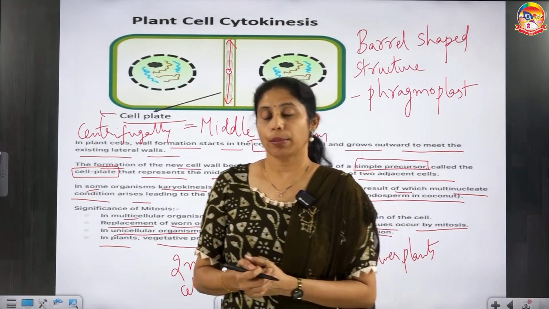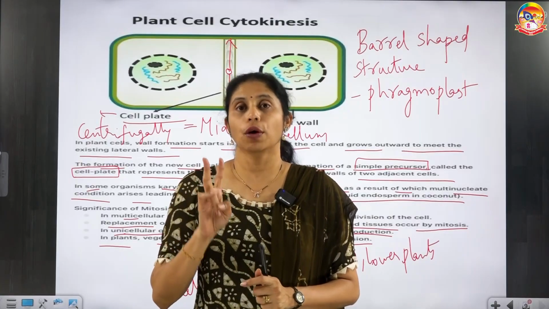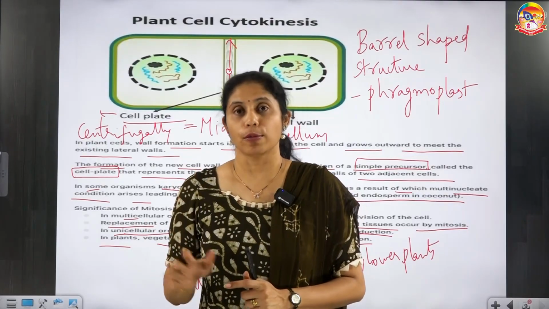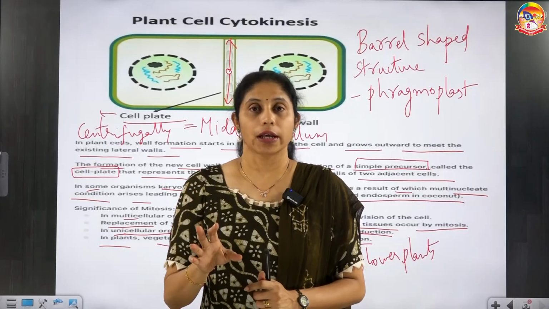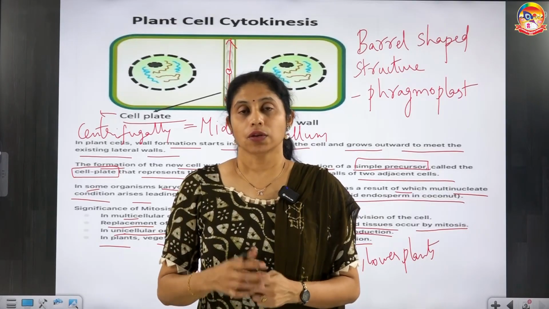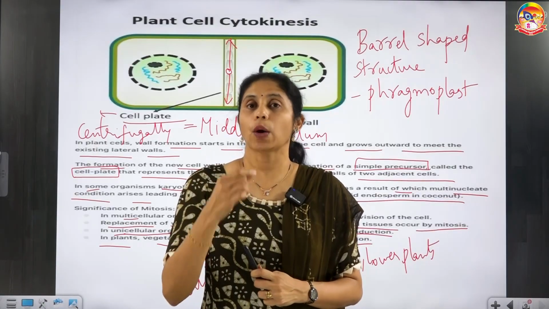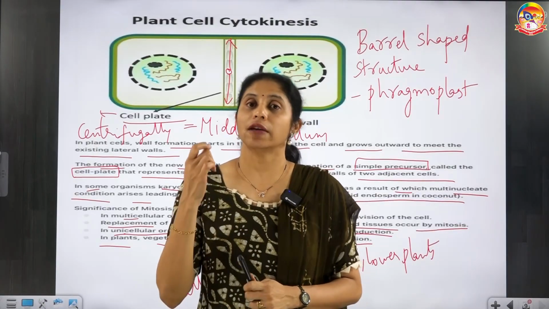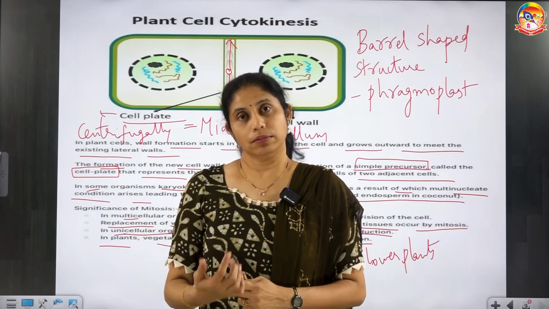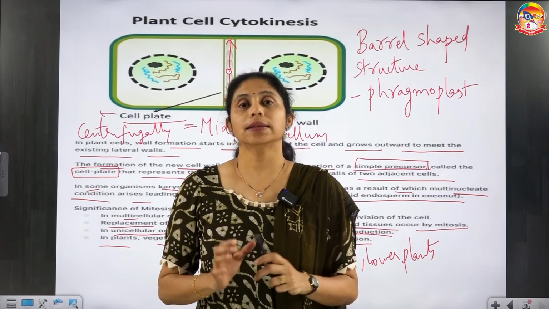What you have to remember by the end of mitosis is that one parent cell results in the formation of two daughter cells with exactly the same genetic complement, the same number of chromosomes and the same number of cell organelles; everything will be the same. That is why it is called equational division. The same genetic material will be there for both daughter cells. So the daughter cells will be qualitatively and quantitatively similar to the parent cell, and they are the same among themselves as well.